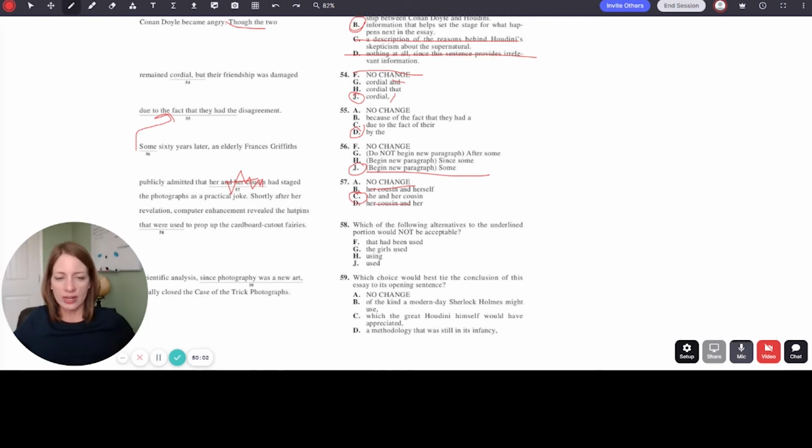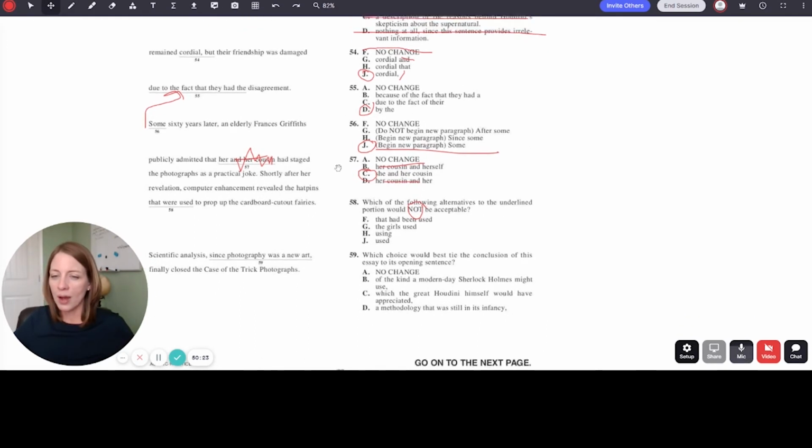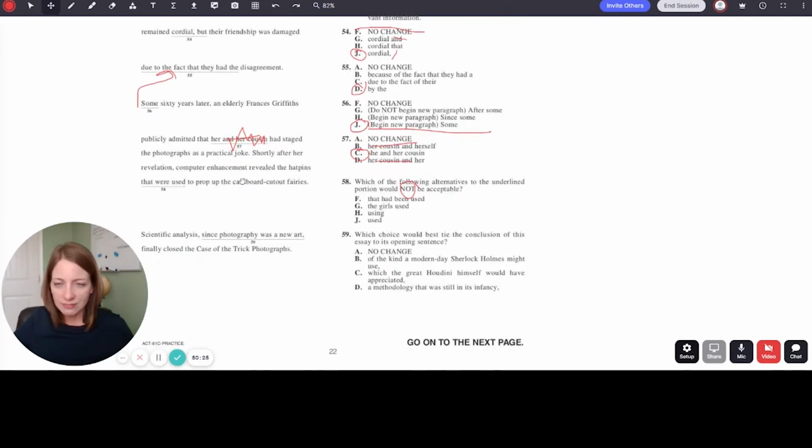Which of the following alternatives to the underlined portion would not be okay? Okay. "Shortly after her revelation, computer enhancement revealed the hat pins that were used to prop up the cardboard cutout fairies." Isn't that pretty amazing? Okay. "Shortly after her revelation, computer enhancement revealed that the hat pins used"